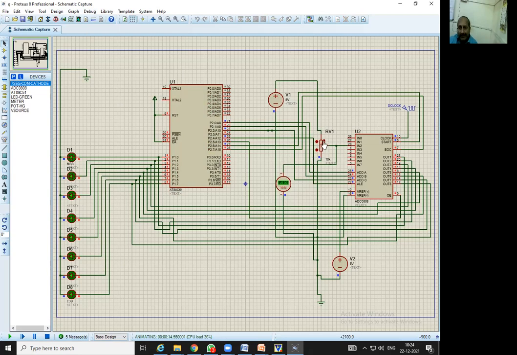So let us see, and this is the input. Now, if I change the input, the status of these output LEDs is also going to change. I have already pressed run. Just see, I have the cursor here, and the pot I have changed the value. It is showing that the first two are going to become on and off. This is due to the short delay we have given, so it becomes on and off. Otherwise it should be continuously off in the ideal case.